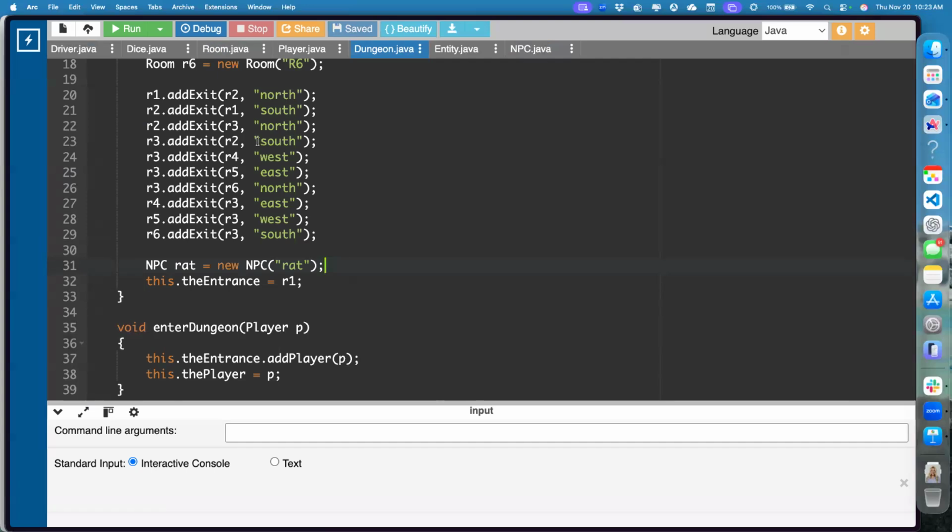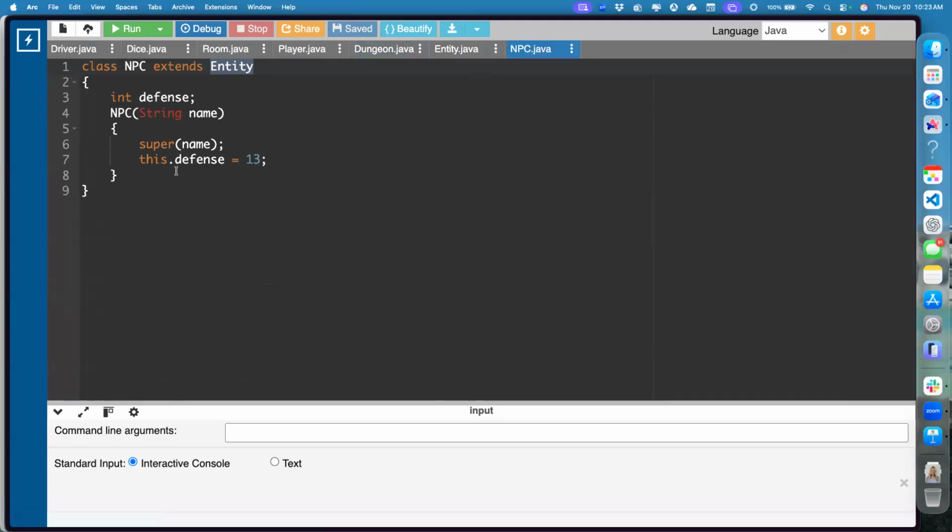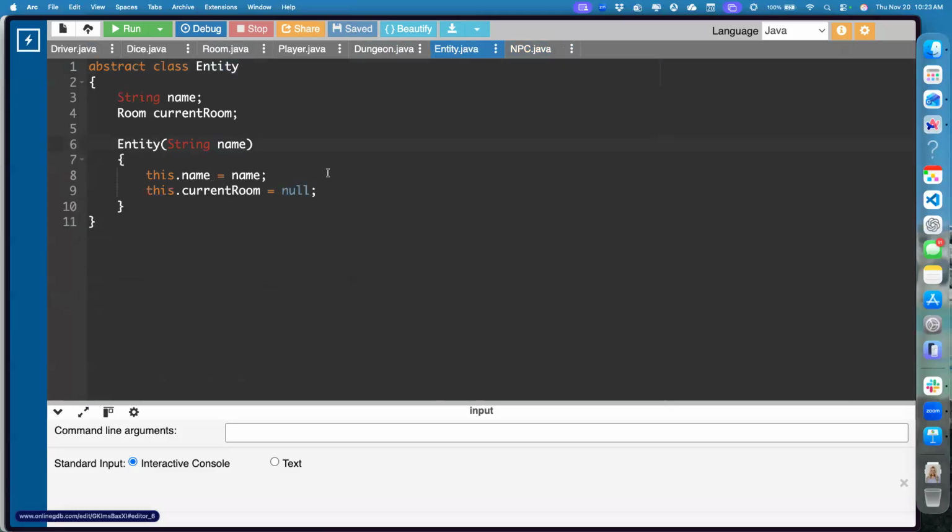All right. So an NPC, all an NPC does, he further specializes himself from an entity with a single variable, defense, that we're just hard coding to 13. So we got to go up to entity and see what else is one of these guys. Well, he has a name. He also has a current room. Okay, that's what an entity is. So now inside of room,